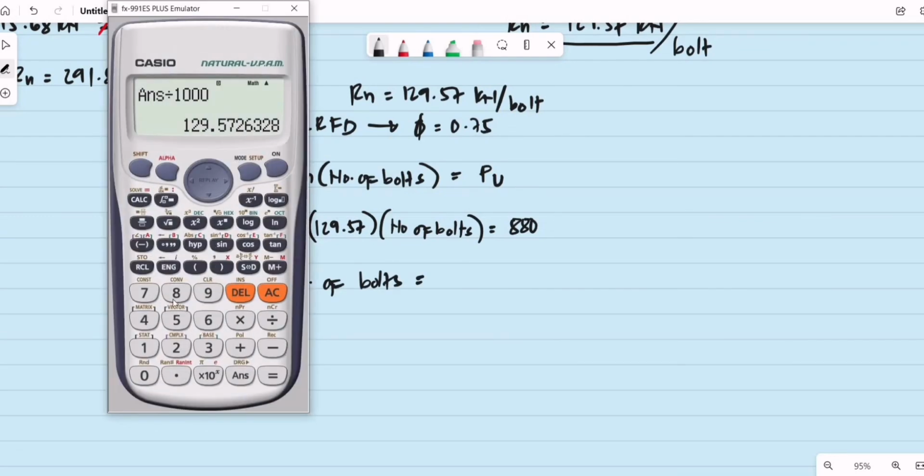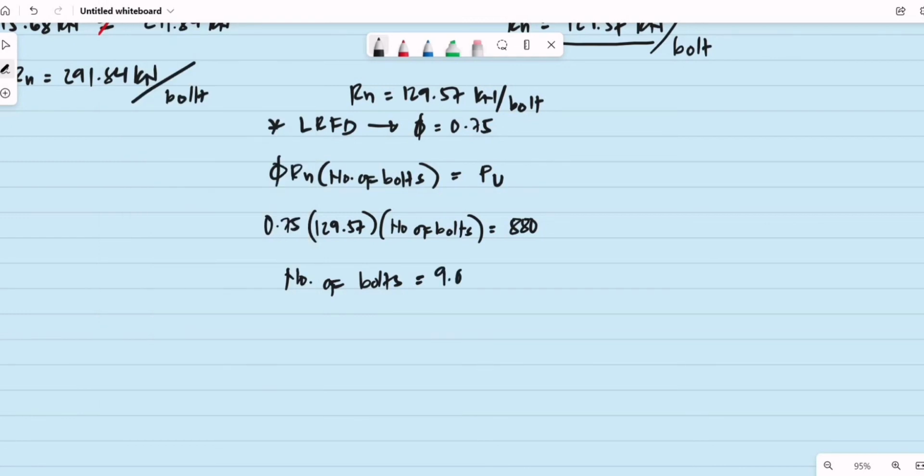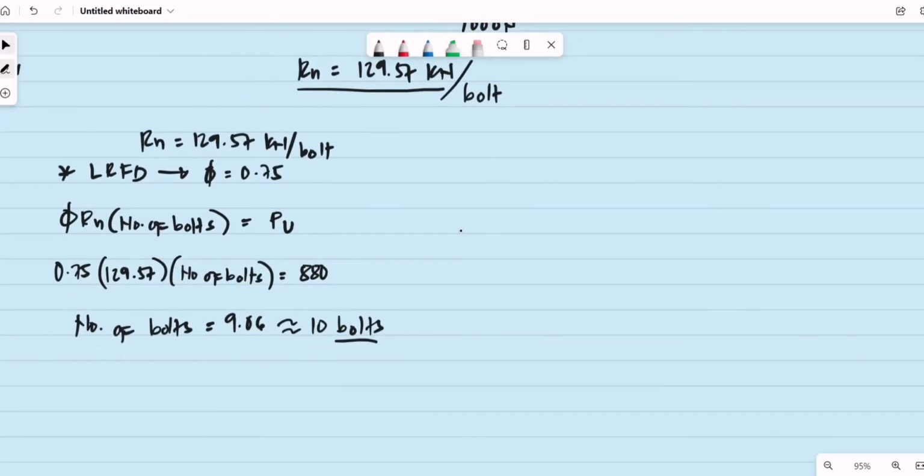So this will be equal to 880 kilonewtons divided by 0.75 of 129.57. That is 9.06. But to increase the factor of safety, we may use, let's say, 10 bolts. Okay, then when it comes to the ASD,